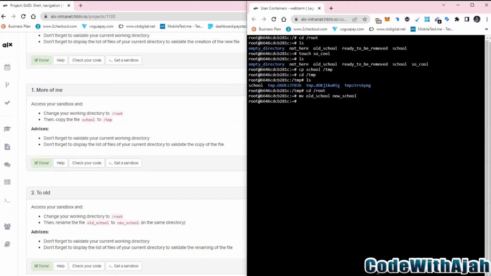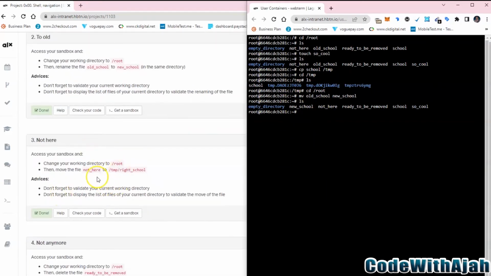So this should be properly done. If we do an ls, old school should be out, rather we'll have new school now, which means this is done correctly. Then the next one says we should move not_here to right_school. So we do a move command, not_here, and we are moving it to the TMP folder. And when we are moving it, we are also going to rename it at the same time to right_